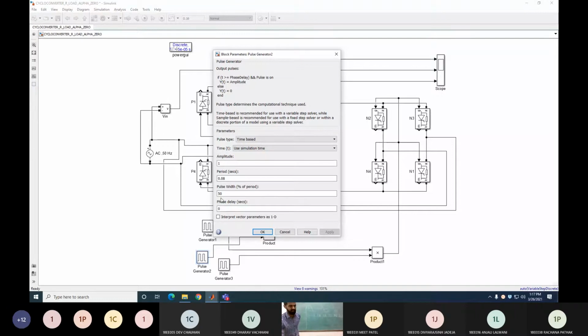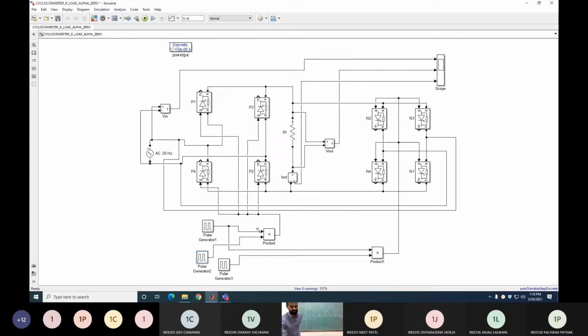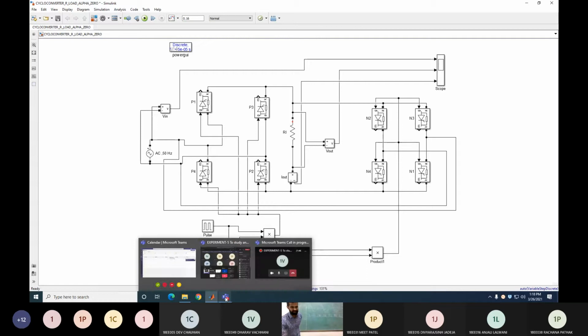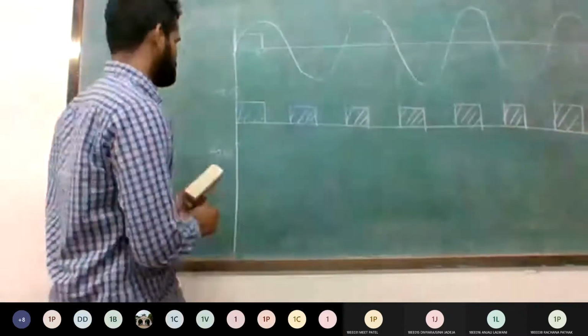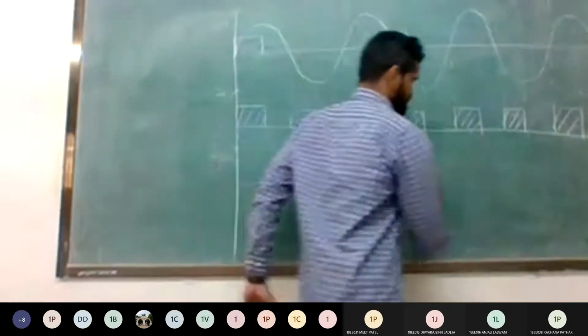20 milliseconds is a period of 1 cycle, so 80 milliseconds is 4 cycle period. Pulse width we taken is 50% of total period. The period is 80 milliseconds. So it means 0 to 40 milliseconds they provide the continuous gate pulse because we provide the phase delay 0 degree. And from 40 milliseconds to 80 milliseconds they provide the 0 output. Clear? So by this way we generate the gate pulse. Let's check here in the waveform, try to understand it so that you can get the clear idea. Now, second pulse generator output looks this way.